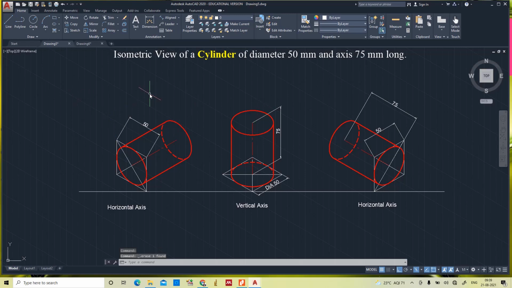It should be 75. Dim aligned. Now we'll make the dimensions parallel by using the dim edit command, oblique O. So first we'll select this one, enter.